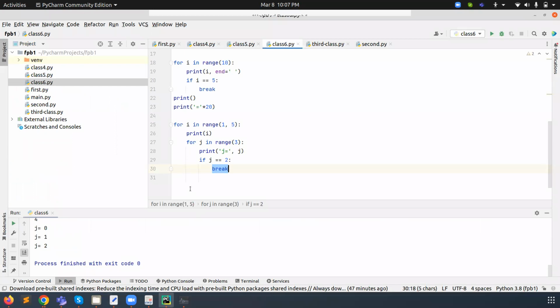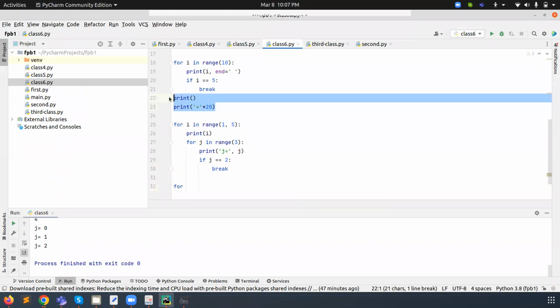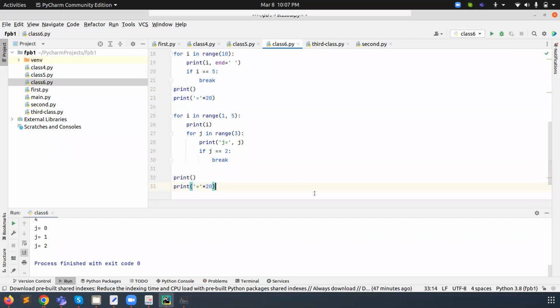So what's happening here? We need to print here. Now we are here. Okay.